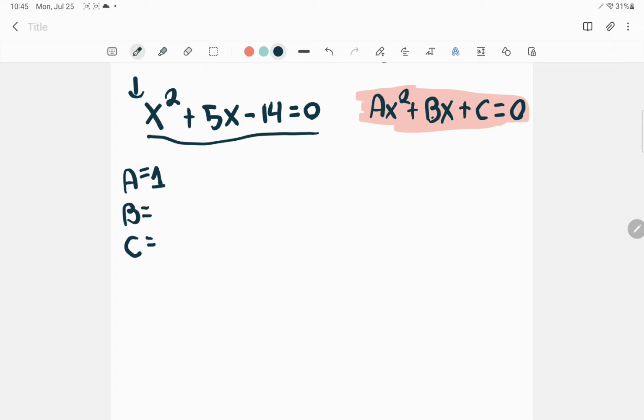Now the second thing, I know what my b is. I know it's 5. And finally, I know my number is going to be negative 14. Don't forget to put a negative if there's a negative. It is very important. Okay, that's the first step. Okay, this is step 1. Step 2,